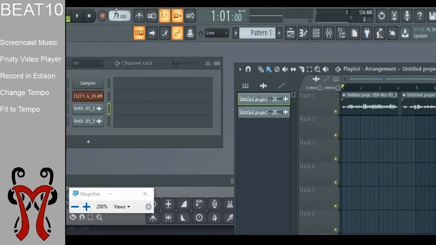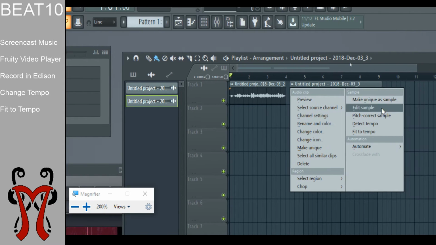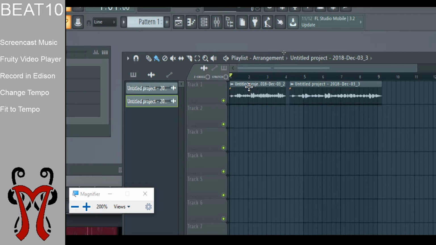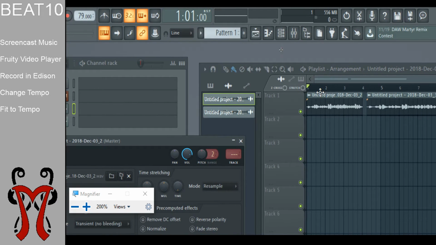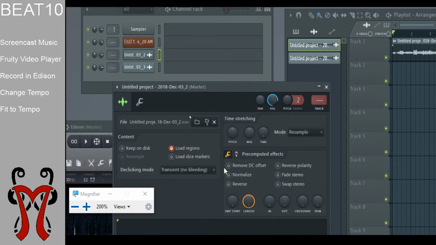So now you know how to take a song or an audio clip and change it to the tempo that you have here in FL Studio. You simply click on the top left area up here and you change it to fit to tempo. Now there's a different way that you can do this. If I double click on this sound file, the one that I copied over but it didn't change,